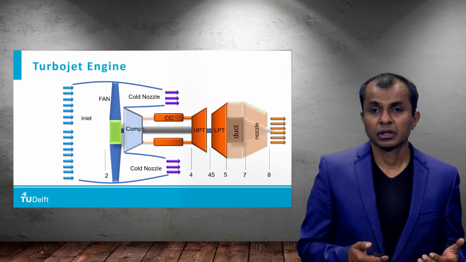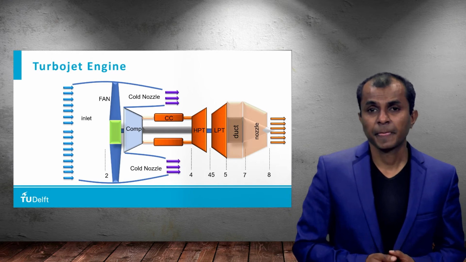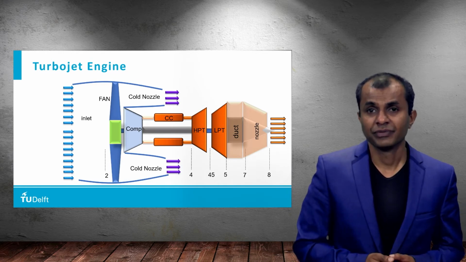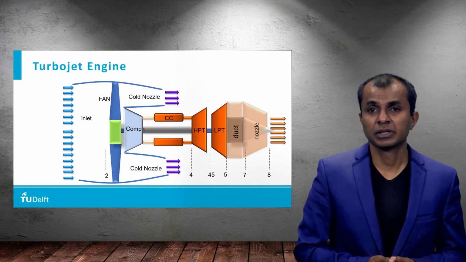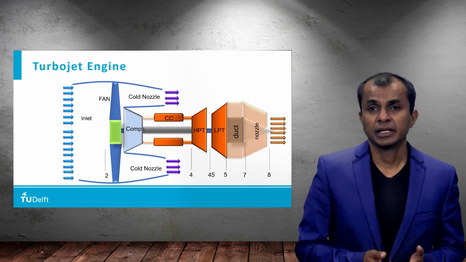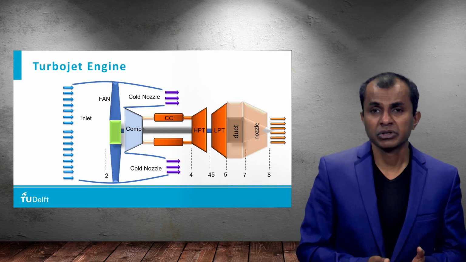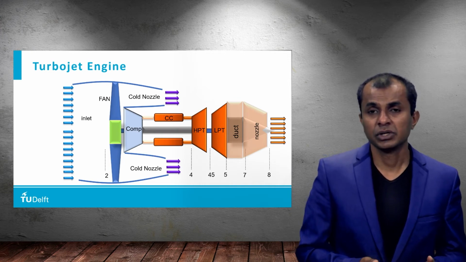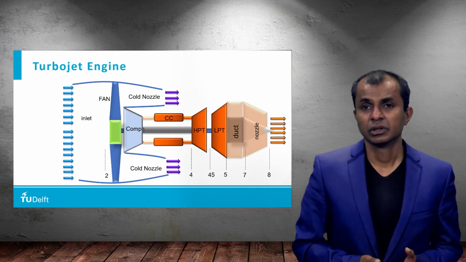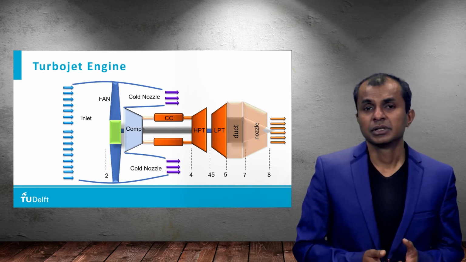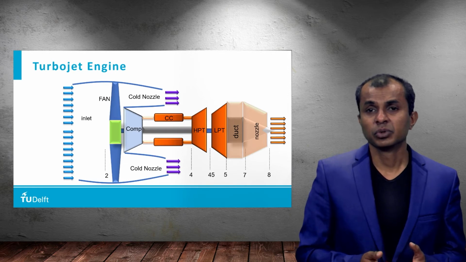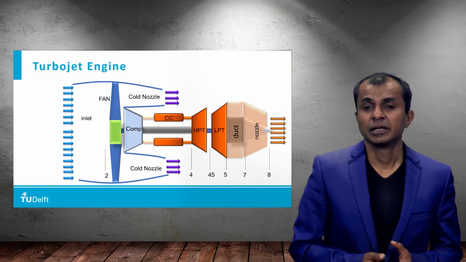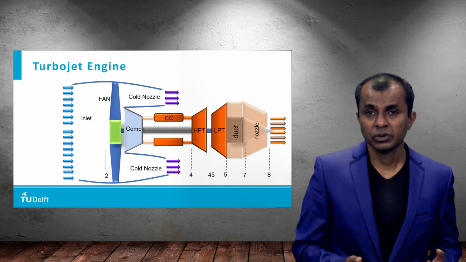To increase the propulsive efficiency, a turbofan engine, which has the capacity to accelerate a large mass flow rate to a small extent, is more efficient from a propulsive efficiency point of view as compared to a turbojet. That is why turbofan engines are used in civil aviation. Over the period of time, these turbofan engines seem to be becoming larger and larger, and that is because the bypass ratio is increasing.